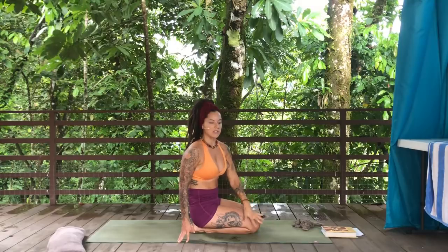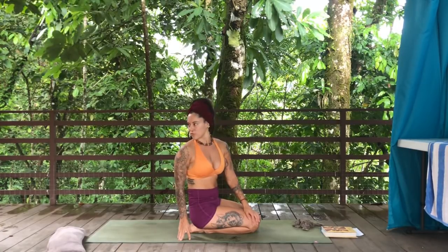your right knee. Use the pressure of the hand on the knee and the knee on the hand to pull yourself up a little bit taller and spin a little bit deeper. Both knees stay facing towards the front of the mat. Squeeze your legs together to turn on your inner thighs. And the gaze follows the direction that the sternum is pointing, so there's no need to crank the neck around